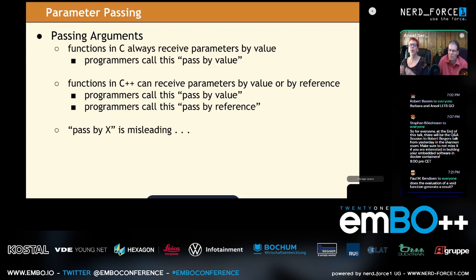It should be receive by, because this notion of the value or the reference, it is from the perspective of the called function, not the caller. And we're going to take a look at several different examples because this got very interesting for us. I do want to mention, when we were running through these examples and generating this information for the slide deck, there were a few situations that actually surprised both of us on how parameters are received.